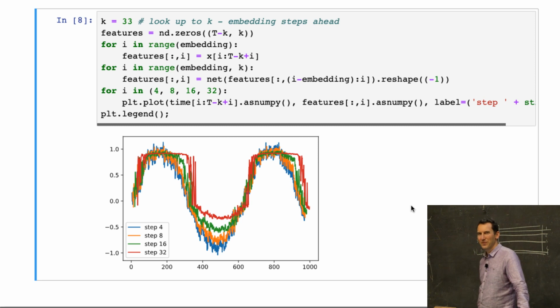Okay. So this is the story of autoregressive models. Any questions so far? Right. Okay, good. Then